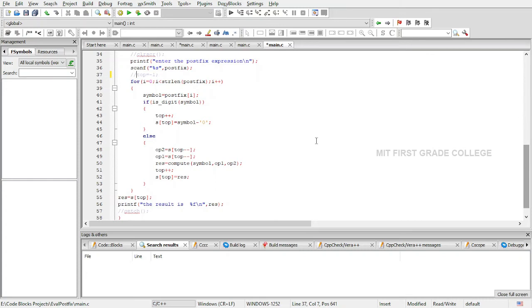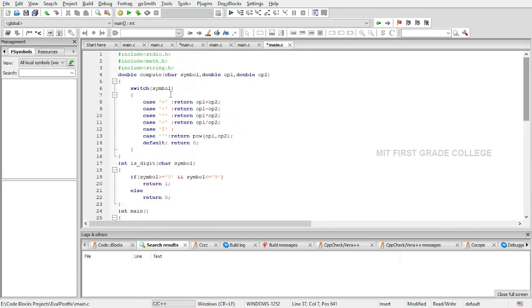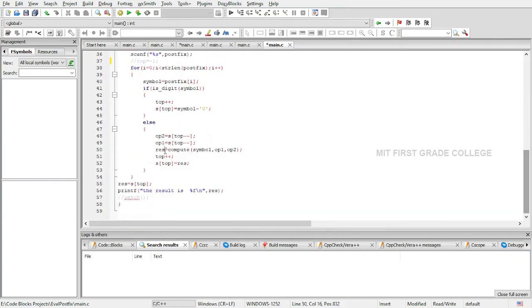After assigning values to operand 1 and operand 2, we call the compute function. We are passing the symbol, operand 1 and operand 2 to the function. The flow of control goes there, and with the help of the symbol and the operands, the value is calculated and returned from this function, which we store inside the result variable.